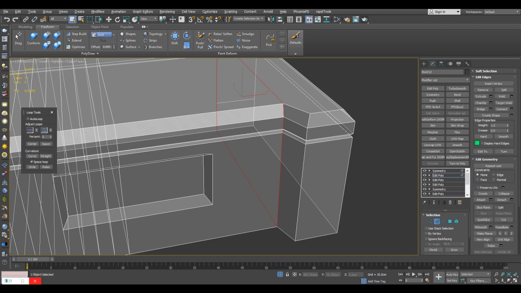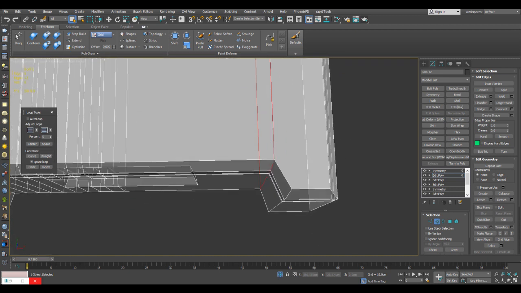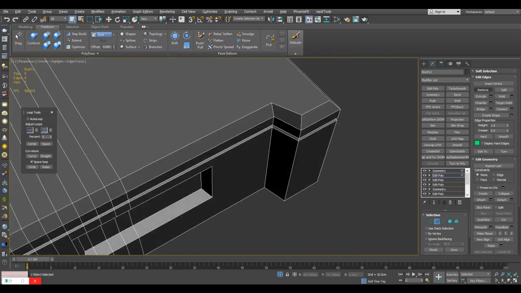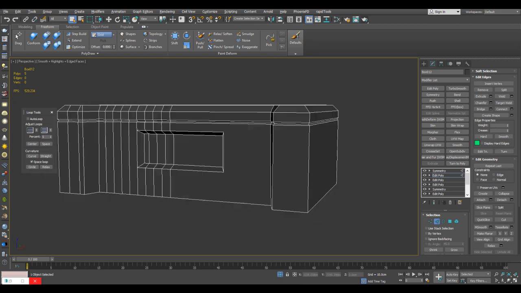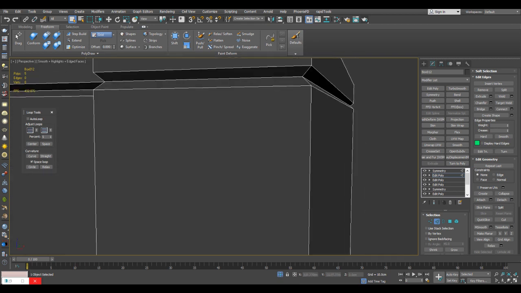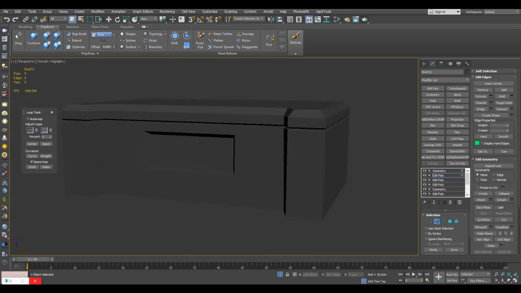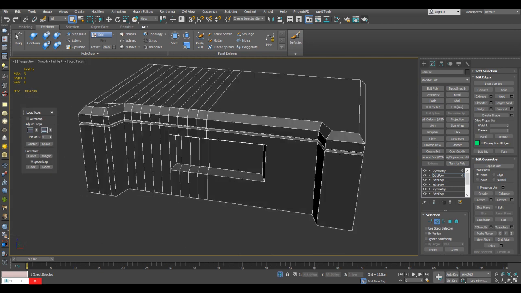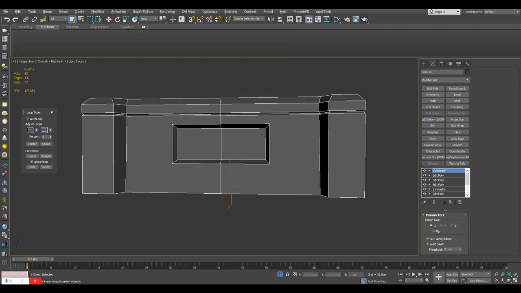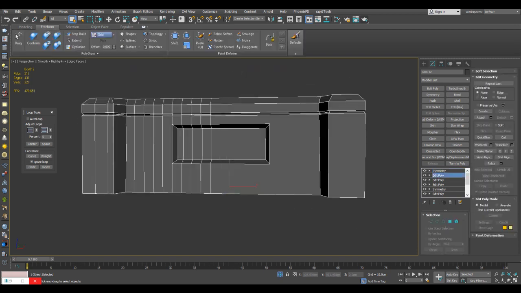And this right here, but we don't want to remove these because these actually contribute to the shape right here, to the silhouette. So we actually want to deselect this, remove this. Alright. We want to have maybe an extrude here just to get that little kind of detail right here, just to kind of have the silhouette pop out a little bit better here. Alright, and then we can apply